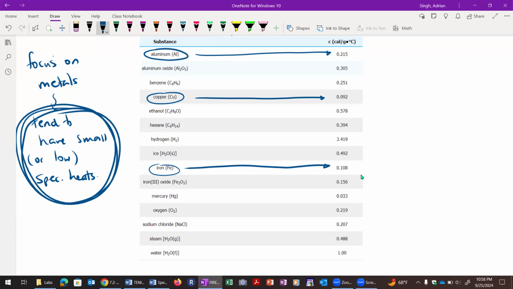So aluminum, 0.215. It only takes 0.215 calories to increase the temperature of 1 gram of aluminum by 1 degree Celsius. And if you take a look at copper, you only need 0.092 calories to increase the temperature of 1 gram of copper by 1 degree Celsius. And then iron is kind of in the middle, 0.108 calories to increase the temperature of 1 gram by 1 degree Celsius. So what this means, we can say generally that substances with low specific heats